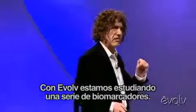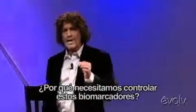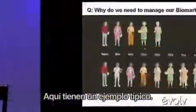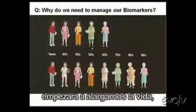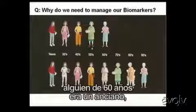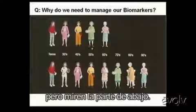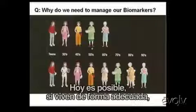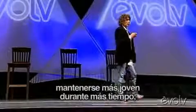We are taking Evolv and we're looking at a series of biomarkers. Why do we need to manage these biomarkers? Here's a classic example. Years ago, before medicine started keeping us alive longer, you'd see a person in their 60s who looked pretty old. But if you look at the bottom, today it's possible, if you live correctly, to look younger